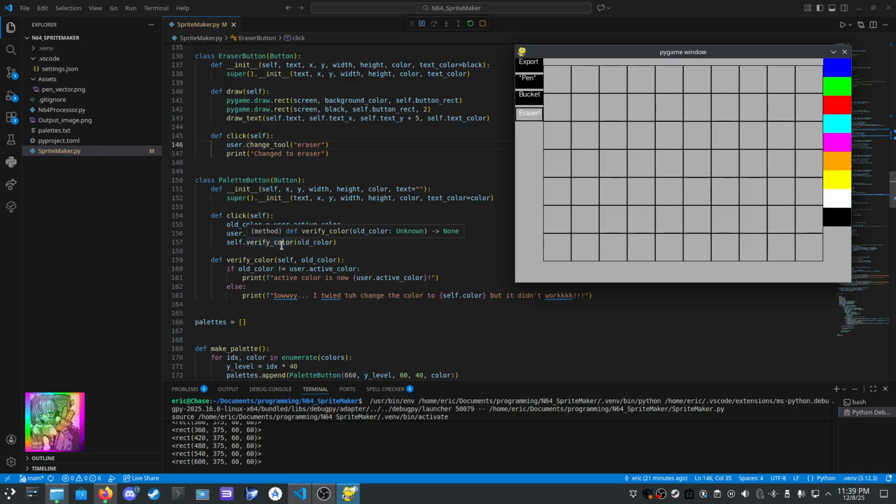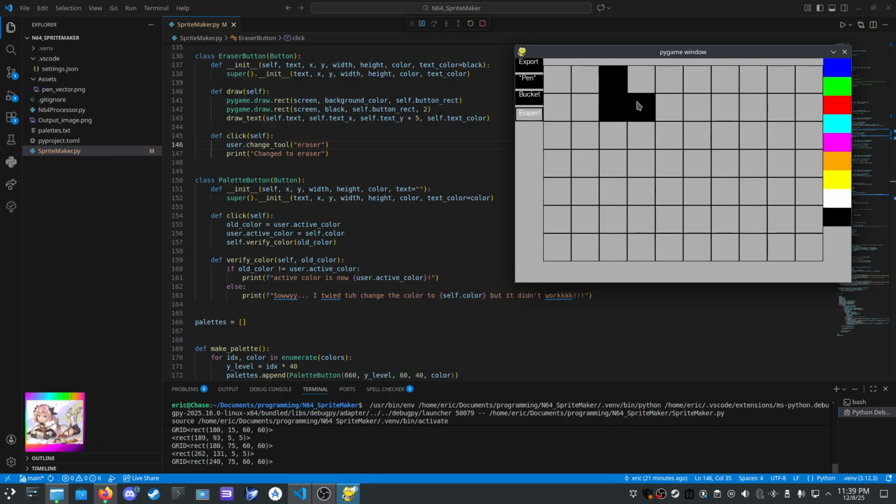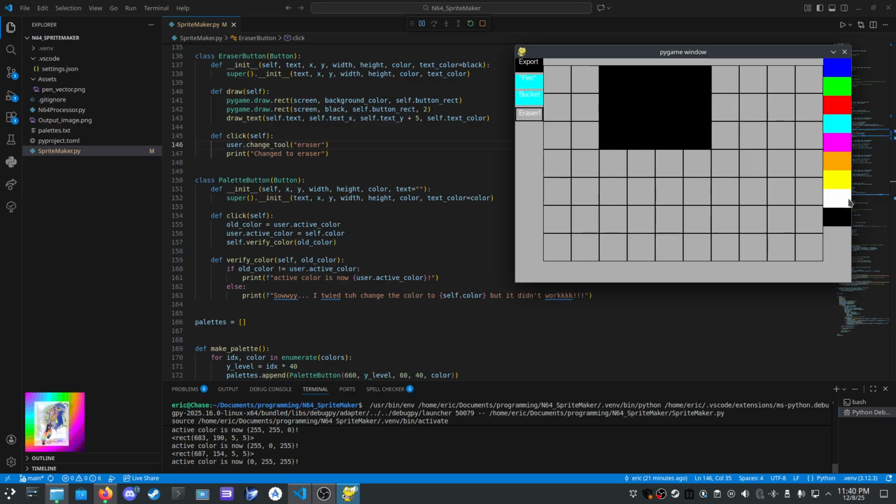We just do a little verification here, and if it ever doesn't work, we say, sorry, I tried to change the color, but it didn't work. So we set the color to color. By default, it's black, and then we can change it. See that? Look at that in real time. Oh, I'll have to fix that.